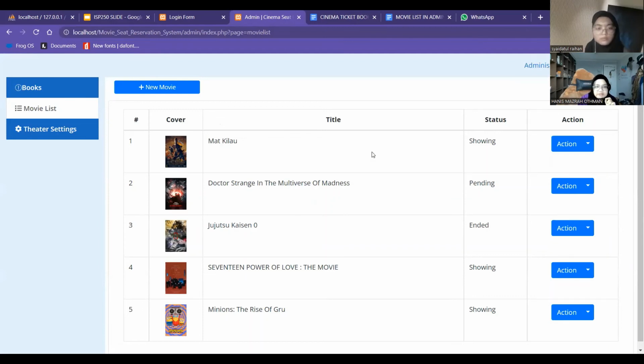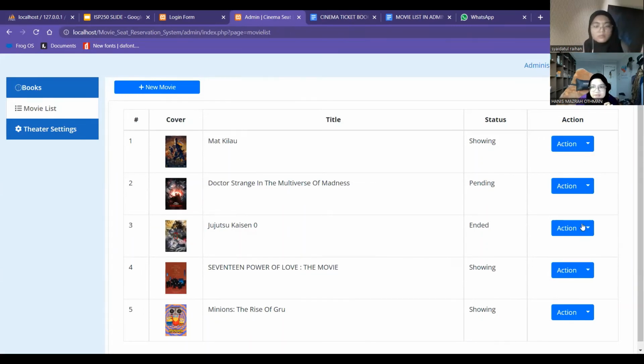For the movie list page, it will display the movies that our system has. In this page, the admin can edit, update, and delete the movie.